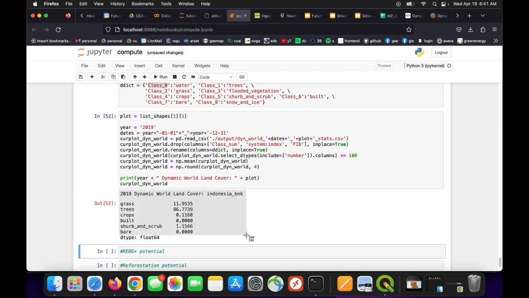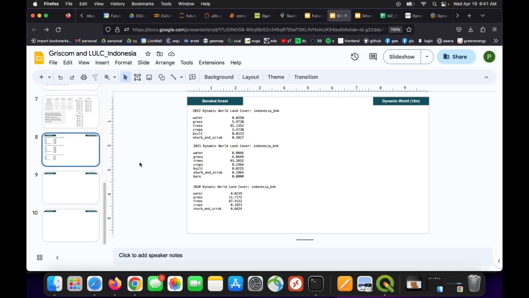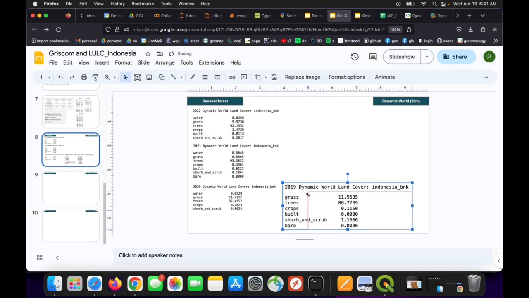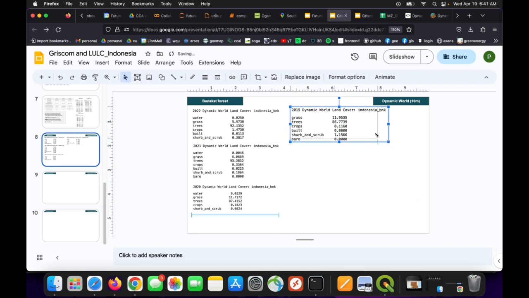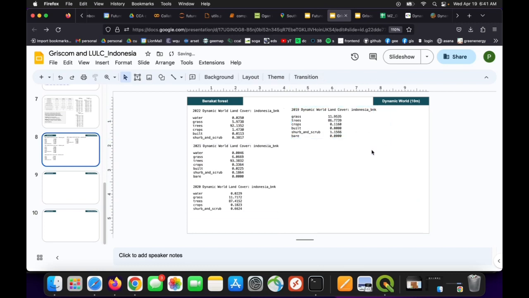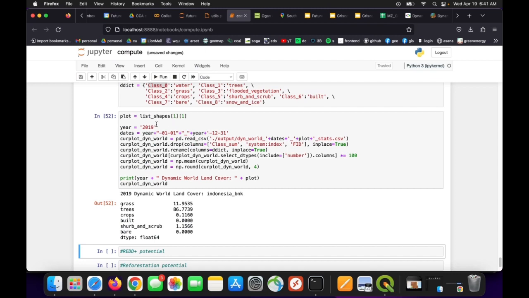Interesting here, just bringing in each of the past 5 years' land cover analysis into the land cover percentages in the slides, and we're kind of done really. So